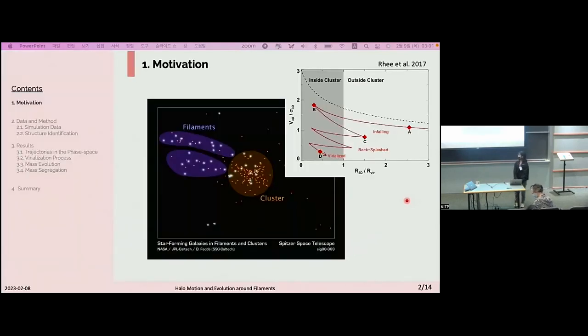So as many people are talking about, the environment of galaxies is not static. So as it travels long distances, and they co-evolve with the